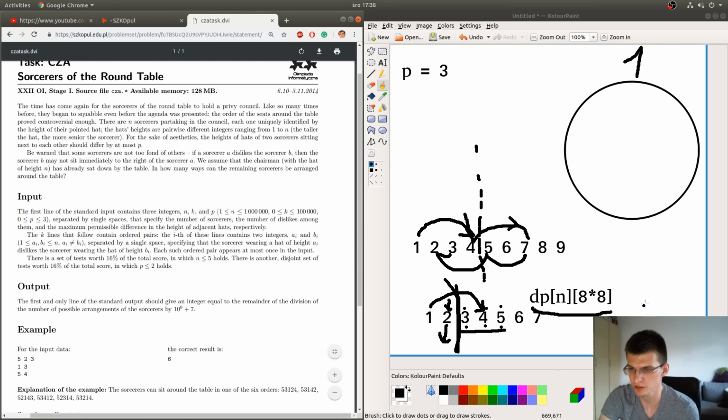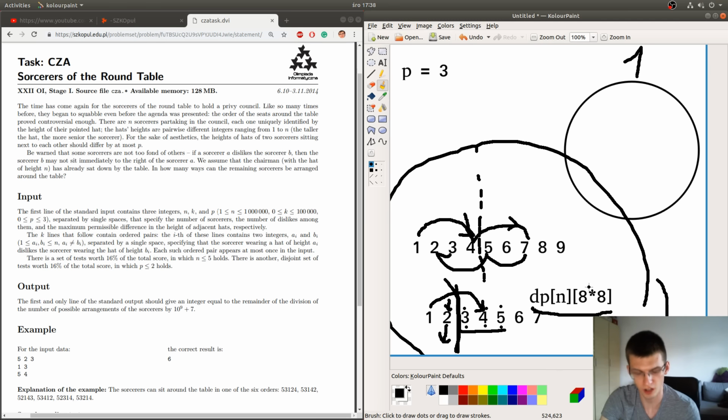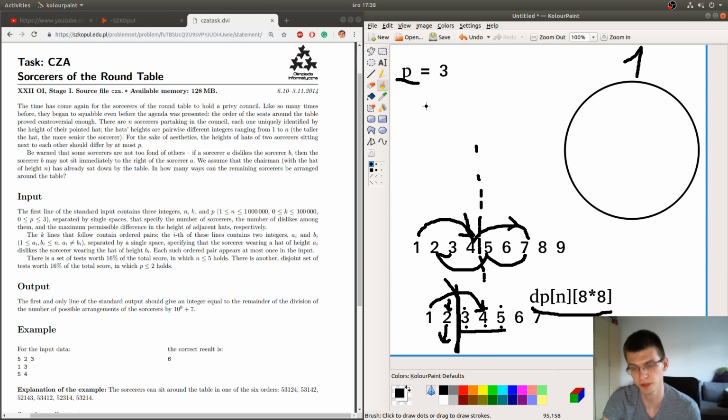And I actually used this approach for all values of p. And then it turned out that my solution is too slow for p equal to 1, because the time limit was like 0.1 second, and my solution took 1 second. So I had to go through those ifs instead. But the main part for p equal to 3 isn't that crazy.